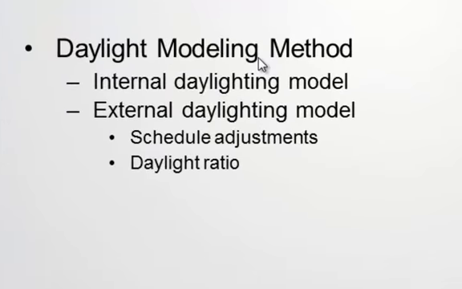The second broad method is what we call an external daylighting model. This would be a case where the modeler would use a tool like Radiance or SPOT and do some out-of-the-box calculations, and then come back into the hourly simulator with either schedule adjustments or a daylight ratio. We also recognize a couple of variants on the daylight ratio method. One is a modified daylight factor method, and the other one is